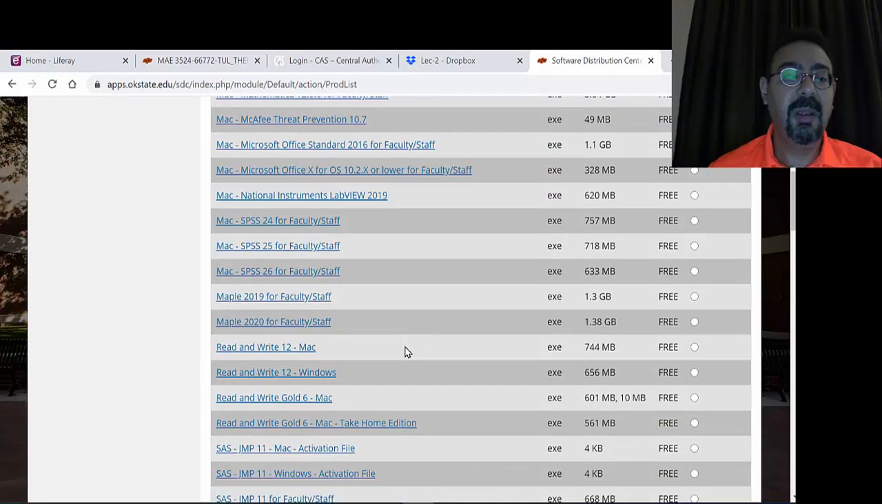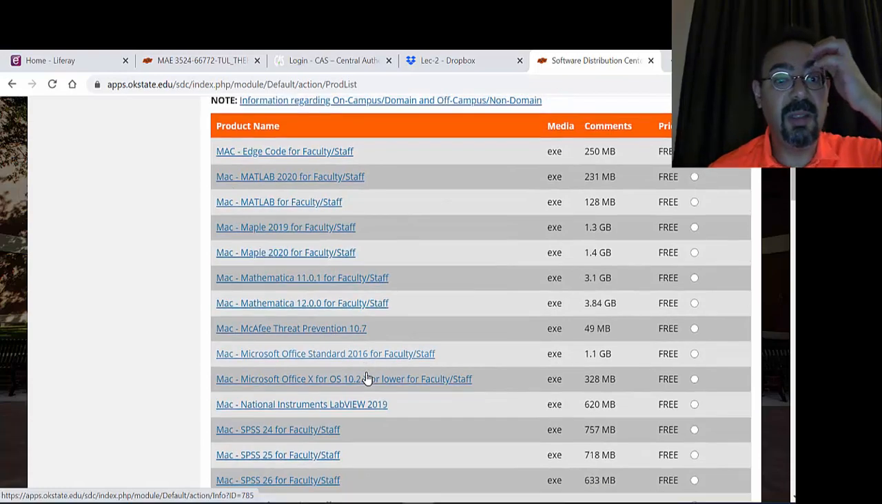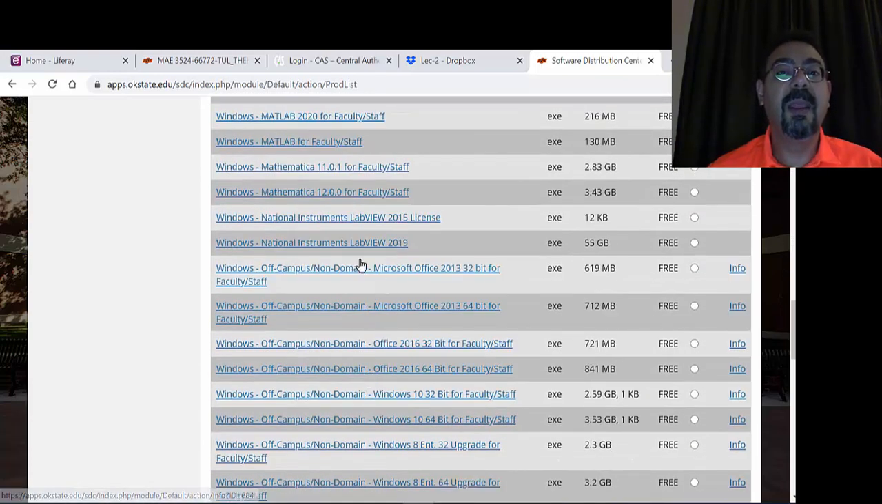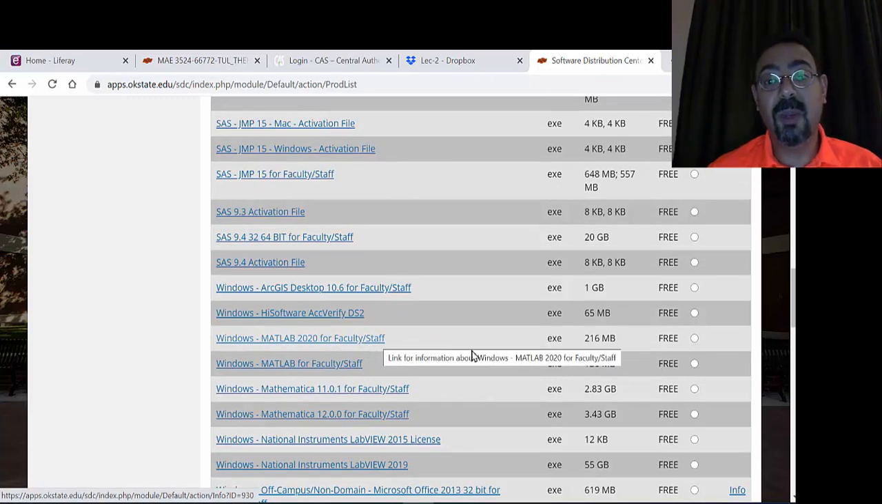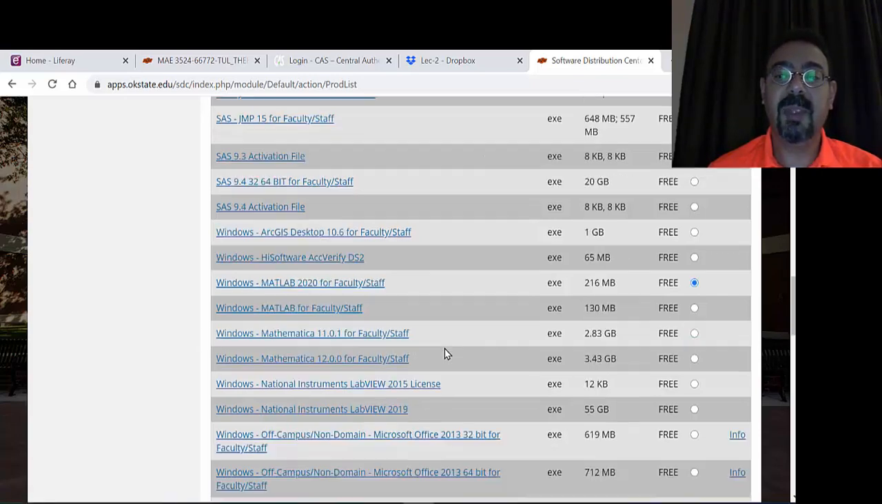is Matlab in this mess. See, there is a bunch of Mac. I'm on my PC right now, so I should go looking for Windows, and I see Windows Matlab for faculty, and there is Windows Matlab 20 for faculty. And it's for free, and you guys will probably find the same thing for your Windows. So I'm going to click on this, and